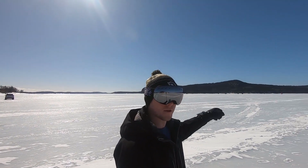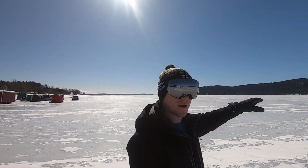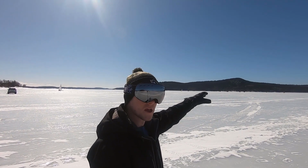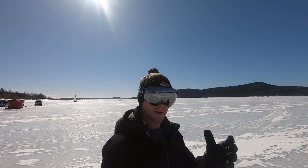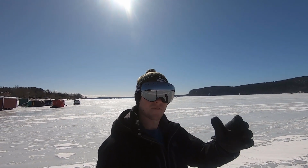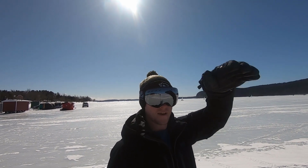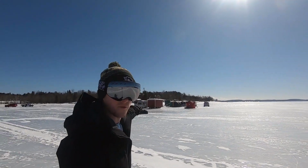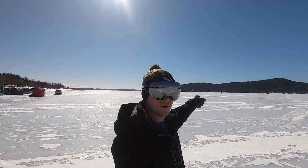And then further out here on the other side of the reef, they're mostly fishing for hake. The reason that they're out there is that you get into some really deep water. It's about 150 feet deep on the other side of that. So the reef is basically just an underwater mountain that doesn't really reach the surface. It comes up to about 6 feet, from 150 feet on one side up to 6 feet, and then back down to about 38 feet until it comes to this side of the river. So we're gonna go over there and check it out, but I thought it was kind of neat that these guys are out here doing that